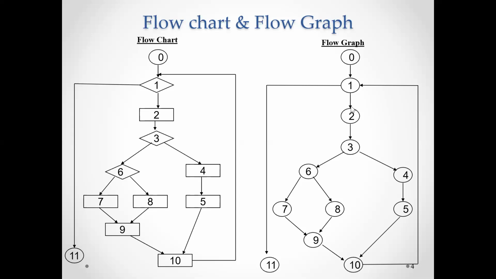Here you may take n number of decisions. It may be with respect to a normal node, a normal statement, or going in the normal flow, that is, one statement executed after the other. In whichever manner you have, each one will be represented by a circle. And the link between two neighboring nodes will be taken care of with a directed edge. So this is nothing but your edge. That's how you represent your flow chart as a flow graph.